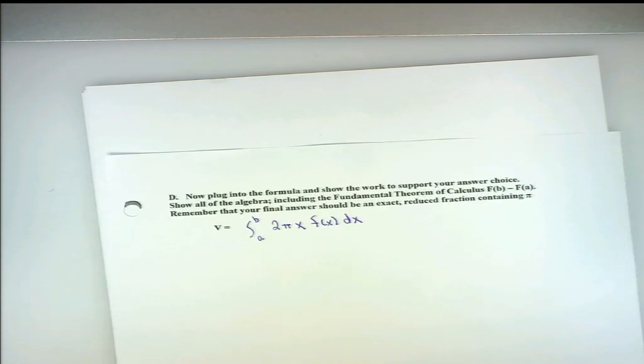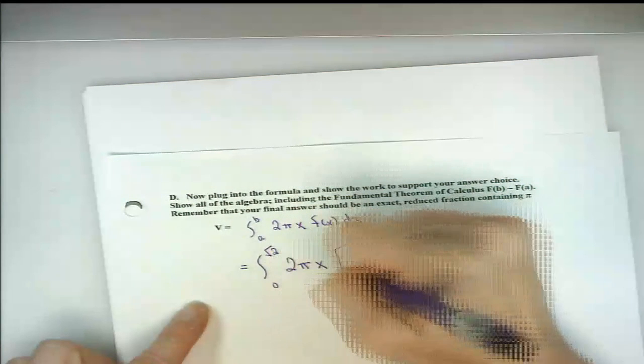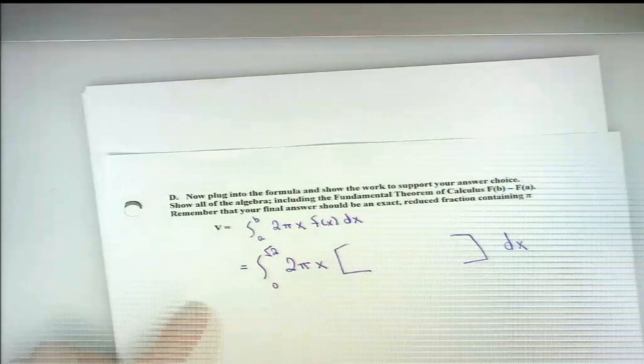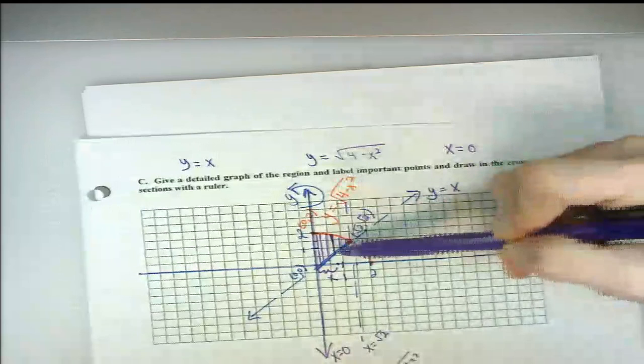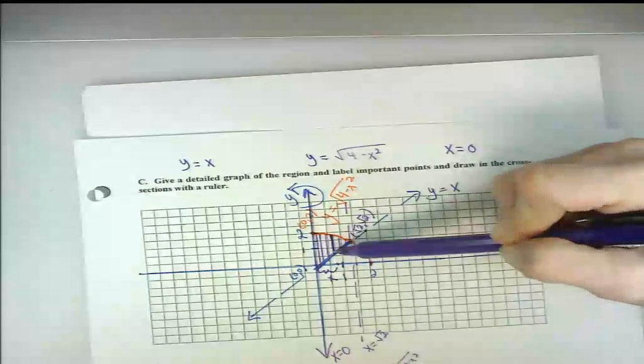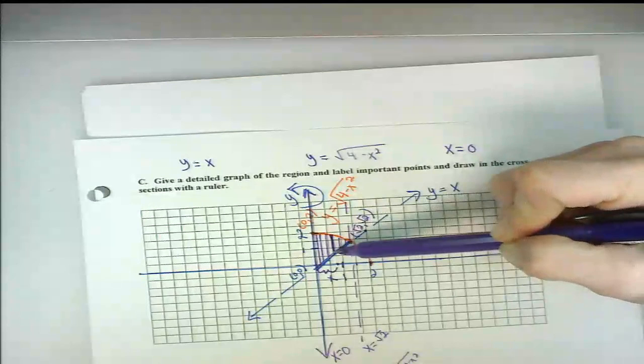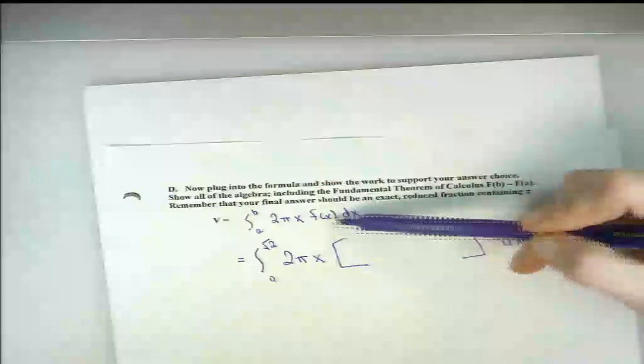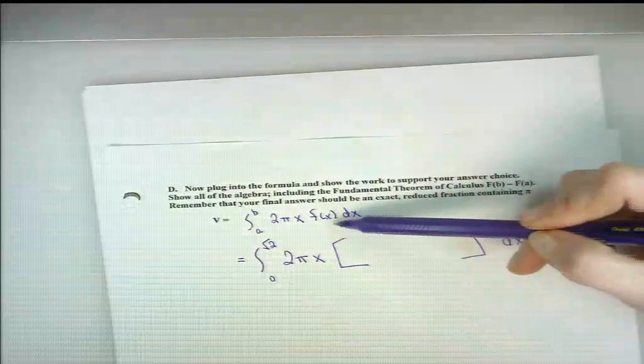That's a volume by cylindrical shells. So you're integrating with respect to x. But for this particular problem, you're going to have to say from x to x, and the brackets represent the height of a cylindrical shell. I've got to put on top. That's where it changes. Instead of just f of x,